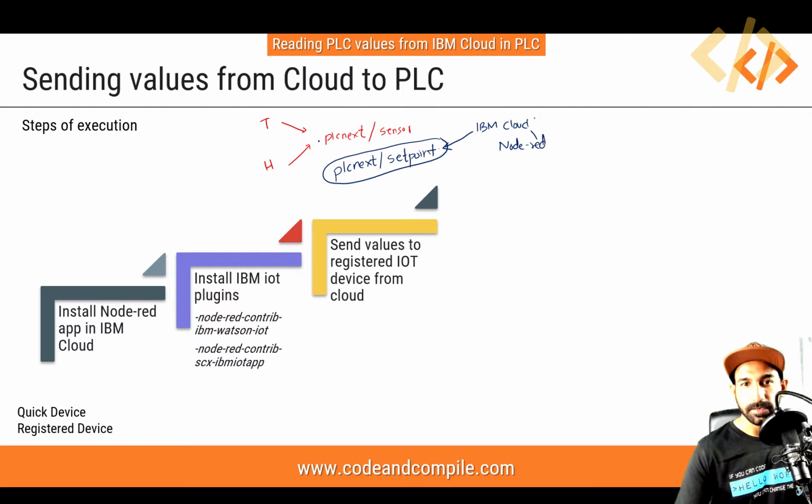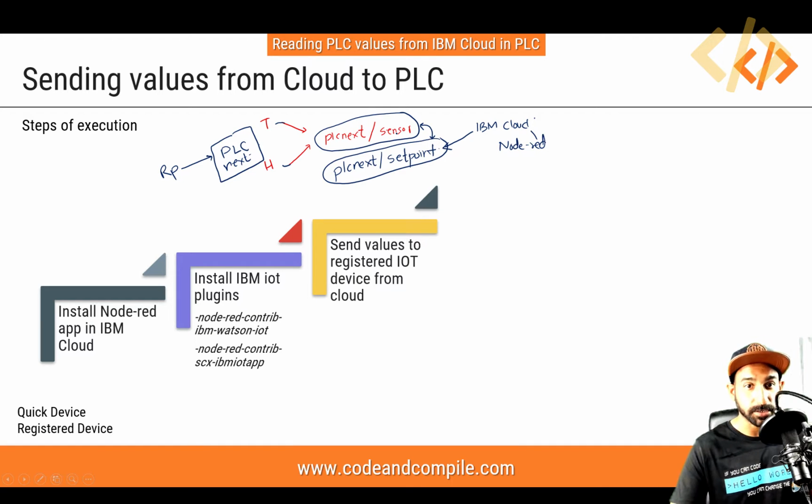The difference is these values, temperature and humidity, are coming from the PLC, which is reading from the Raspberry Pi. So the Raspberry Pi sends it to this PLC, or to be precise, PLC Next, and this PLC Next is pushing the value from the Node-RED, which is inside the PLC Next, to this IoT device. And then we have to interlink these devices because we have to make sure the set point and the sensor value are working together. So we have two devices now. This is number one, and that's number two. We have already defined this device. Now we will define this device.